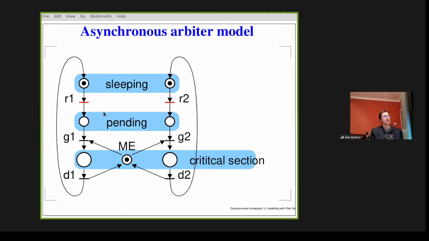And these two threads are concurrent. They're racing, and potentially they can put a token here, here, and then this token will be torn between going right or left, and this will be the arbitration situation. But in general, which thread delivers the token here first, it wins the arbitration in general.